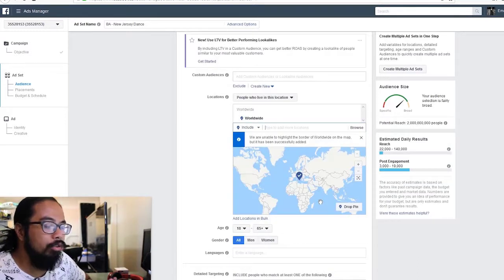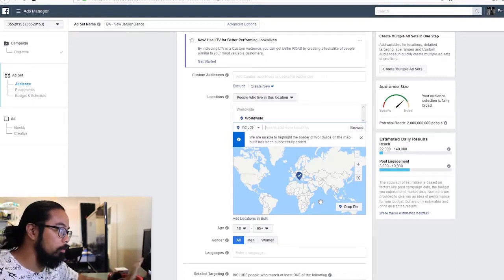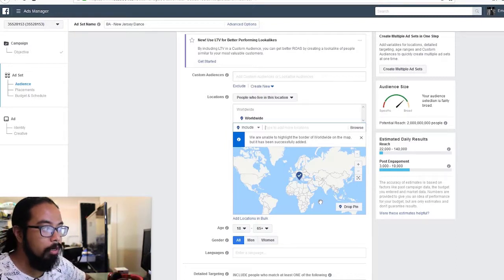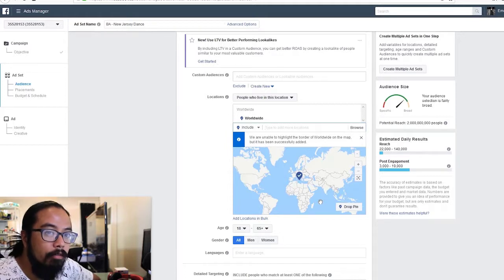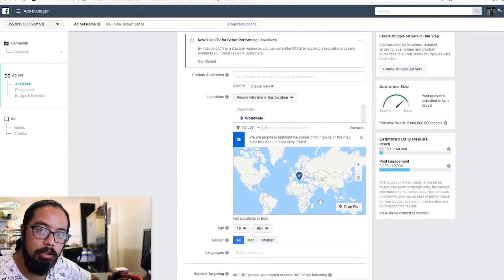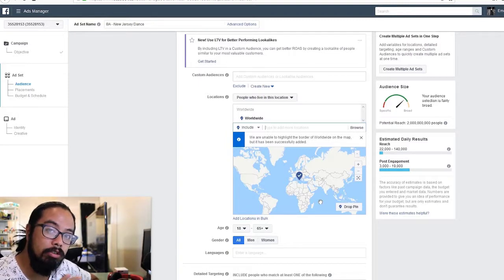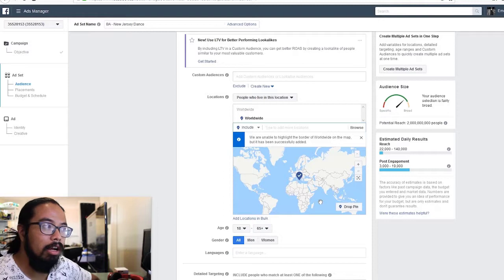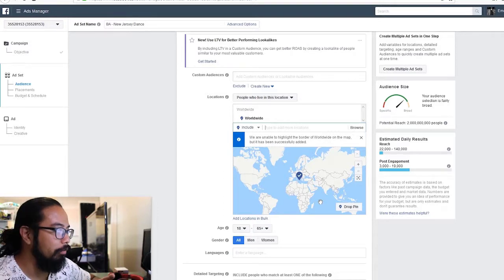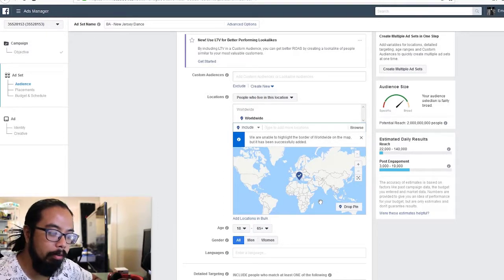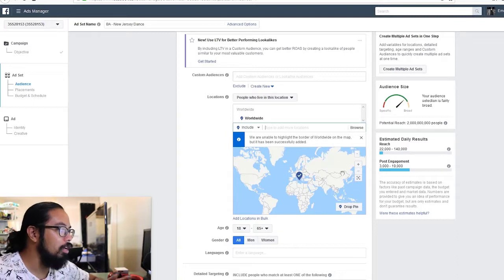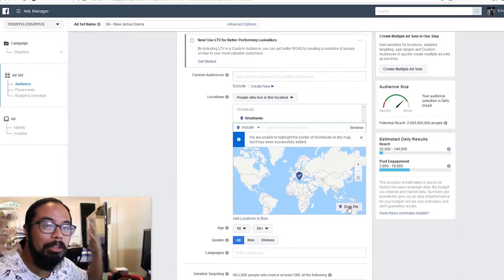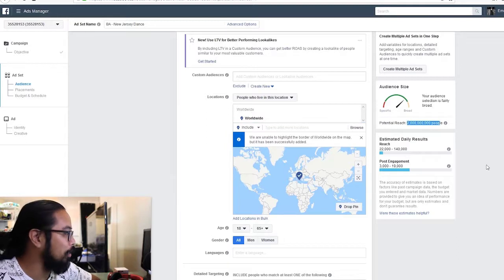Keep in mind, if you do an entire region, like all of North America or all of the world, there are going to be areas that it does favor. Once Facebook starts seeing traction in specific regions, it's going to start favoring that and putting more budget toward it. So that's something to keep in mind, because if you're trying to market worldwide and for some reason Pakistan or India are getting more of the traction, and you're trying to market, I don't know, to Europe or something like that, those are things you want to be mindful of. Okay, but you want the whole world to see it? Let them see it. I got 2 billion people that can watch it.